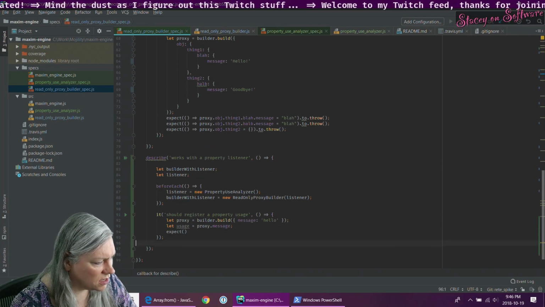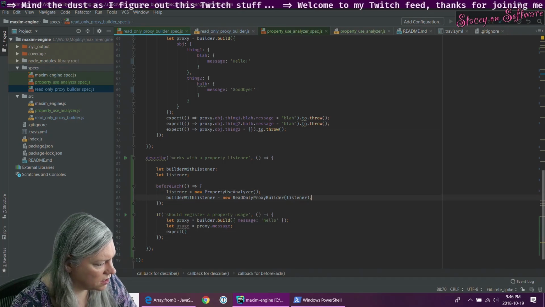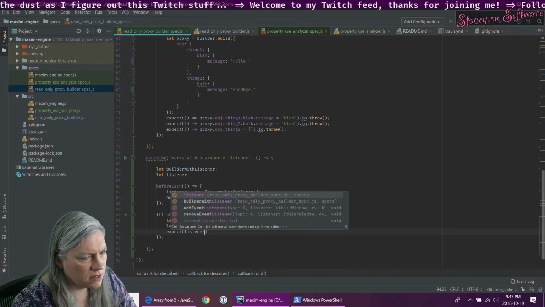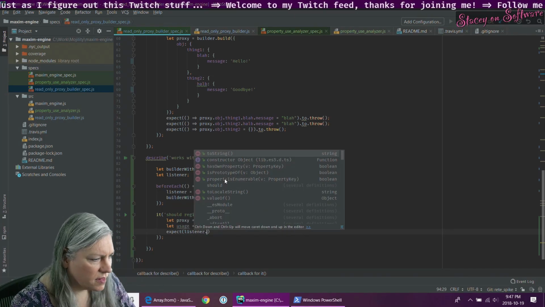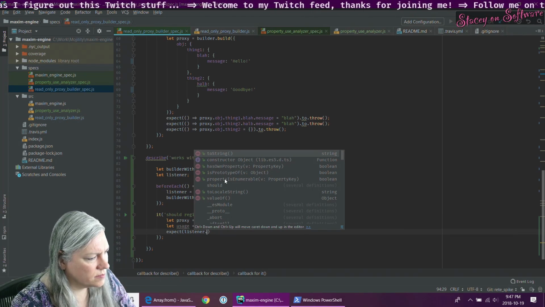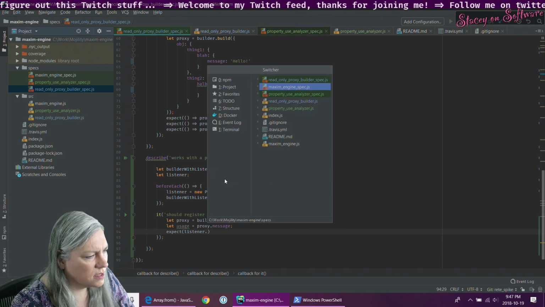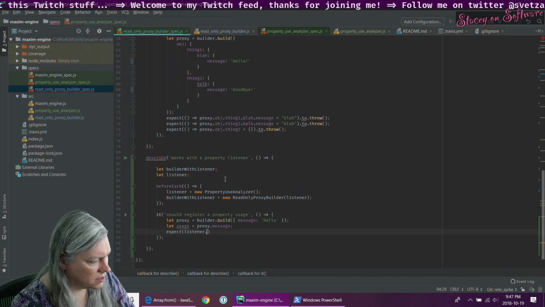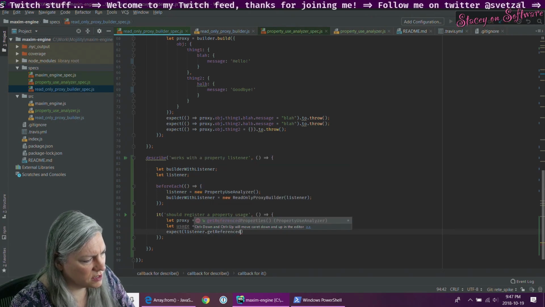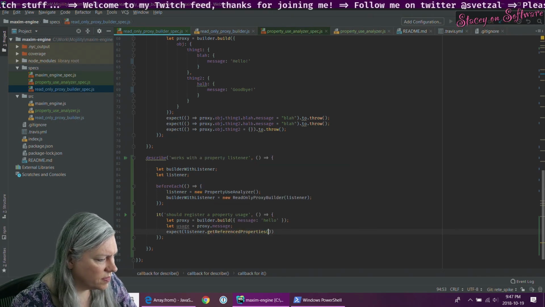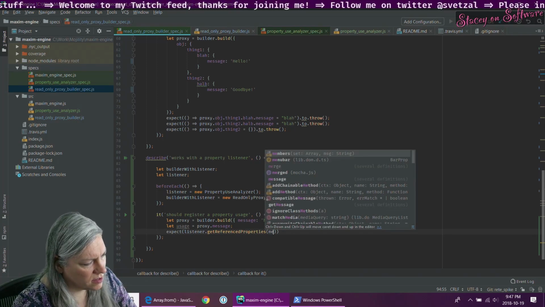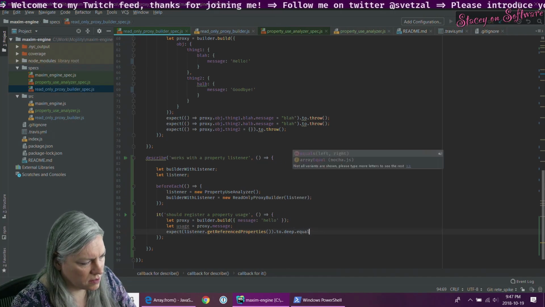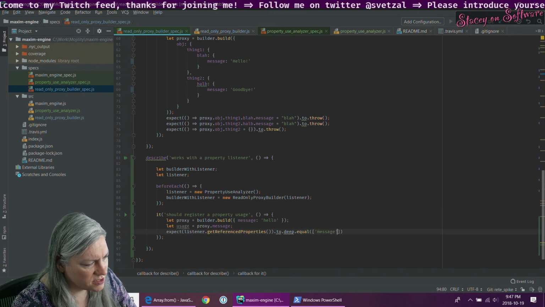When I use it here, I would expect that the listener... what did I call that method? Get referenced properties would contain the message.